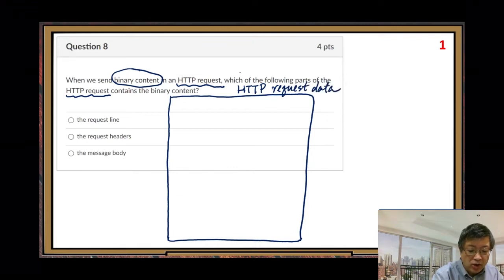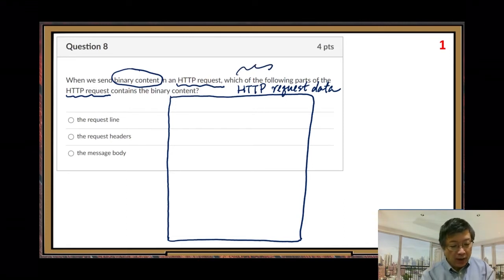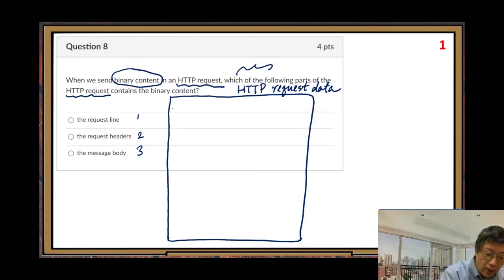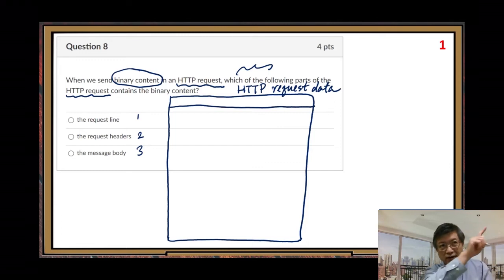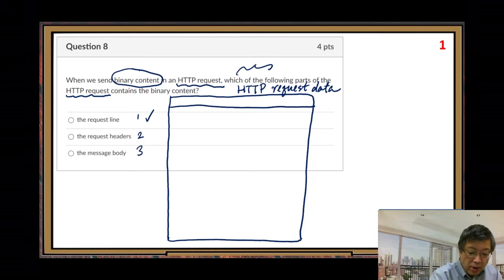Based on the HTTP protocol, there are 3 components: component 1, component 2, and component 3. Let me give you the details of these 3 components so you can understand better. Component 1 is just one line, the top line, which we call the request line. It contains several pieces of information, but the most important information it contains is